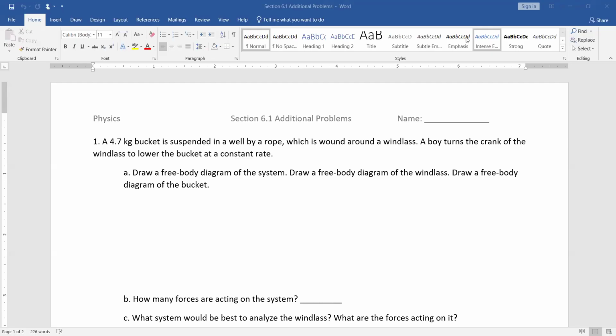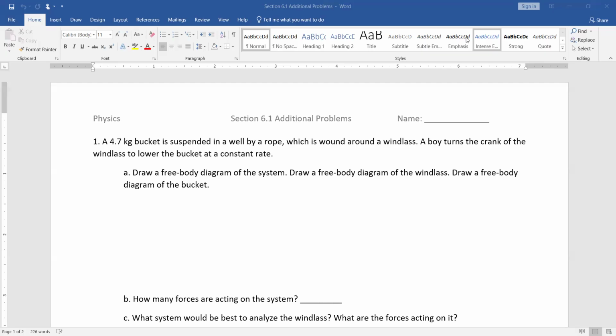Hopefully you've all gotten the worksheet for the additional problems from somebody else in class. I wanted to go through these just for more practice, drawing free body diagrams as well as solving different unknowns in these different tension scenarios in preparation for the quiz, which we'll be having tomorrow. Okay, so for number one,